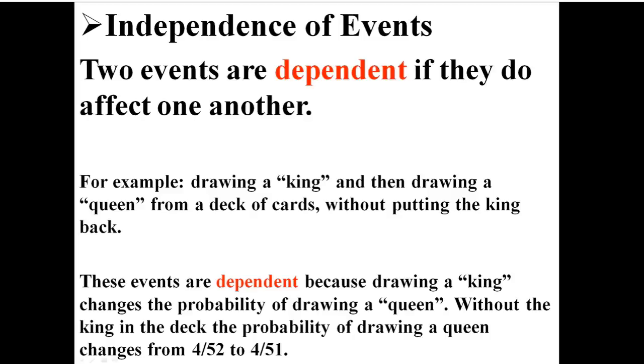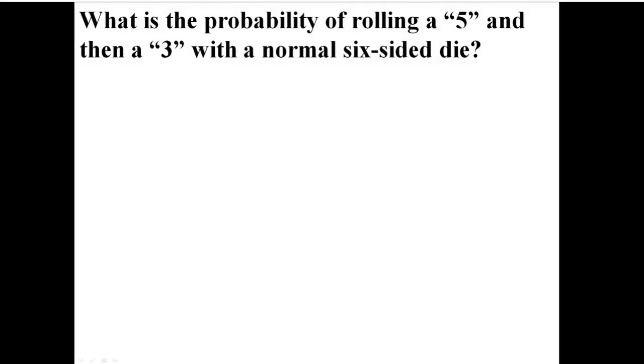out of 51. Basically, taking one card out of the deck changes the probability of another event because there are now less cards in the deck, which is why these are dependent events, because the presence of one event affects the probability of another. So what is the probability of rolling a 5 and then a 3 with a normal